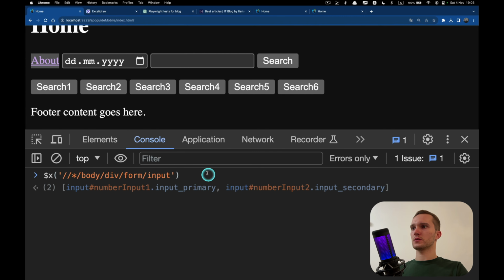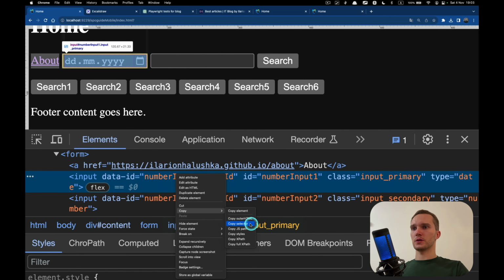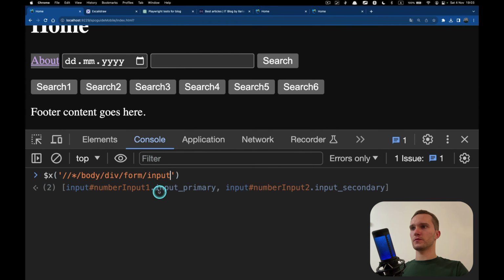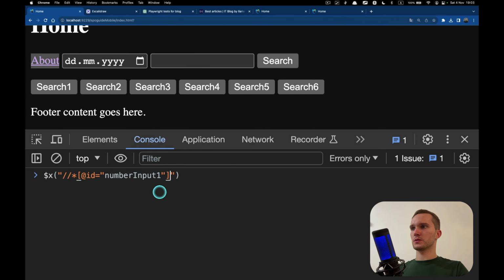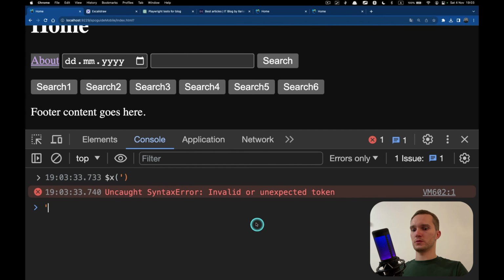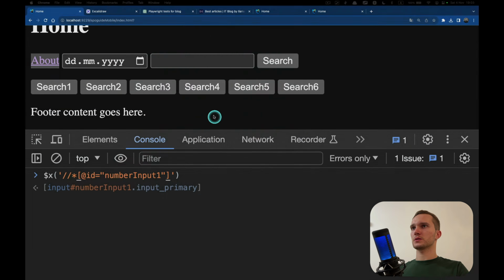I want to select something by ID. Sorry, I'm stuck, I just want to make this beautiful. Single quote. Okay, we have a button, number input, and now we want its siblings.